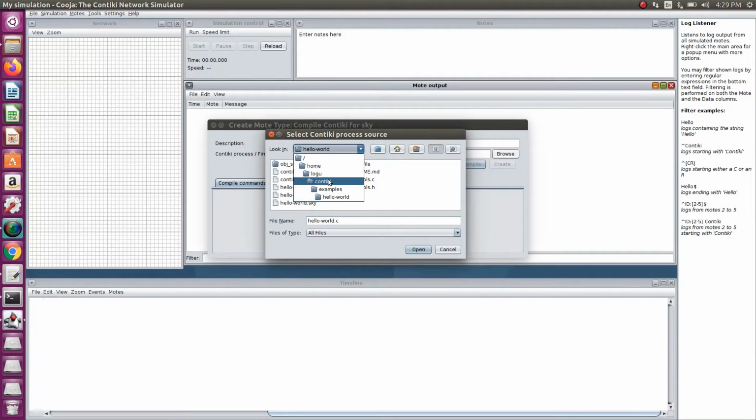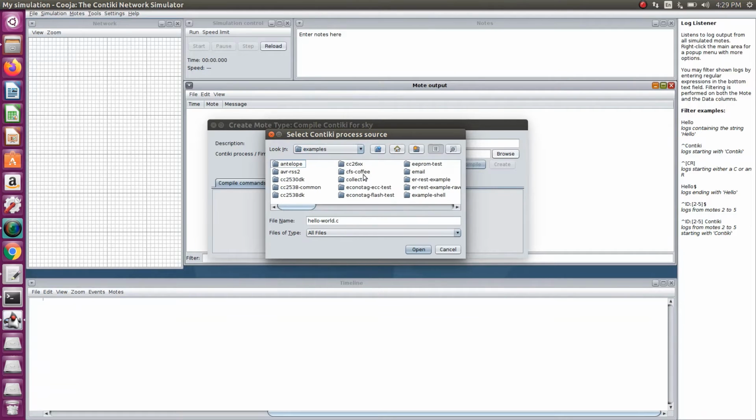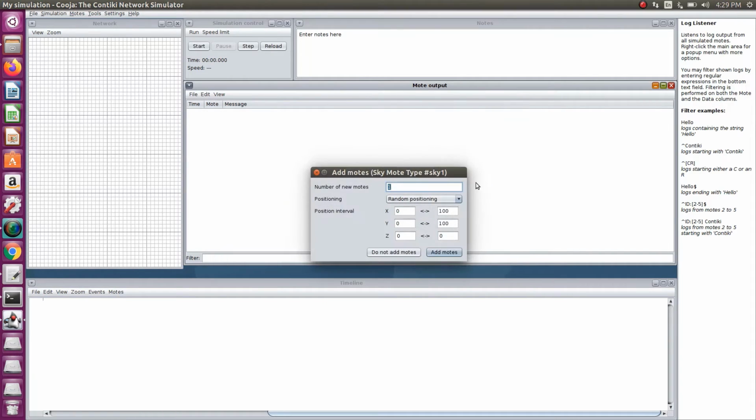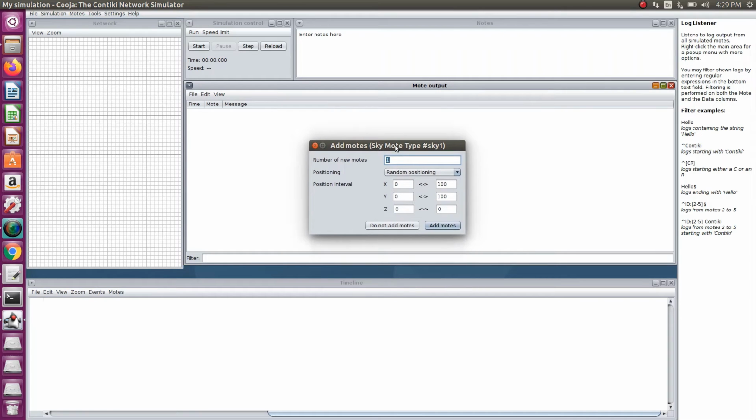So go to Contiki examples, IPv6, then RPL collect. Click the first sink node. We need to compile the sink node, so just click compile. Now we have successfully created the sink node object functions. So create one sink node.